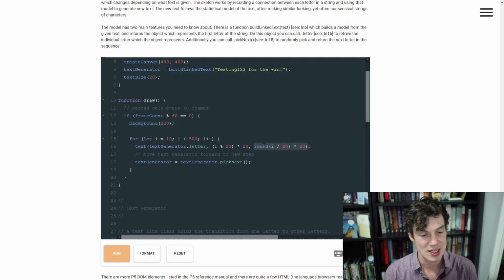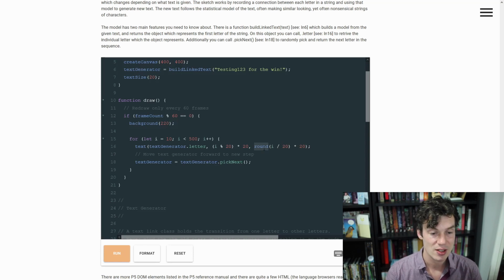You could use other functions here such as floor or ceil, but you guys have mainly dealt with rounding, so we'll stick with that. So what this does is creates a step of numbers, and this way we don't have to have multiple levels of for loop, and we can still get out the tile of letters. Then for each iteration of the for loop, we move the text generator to the next letter